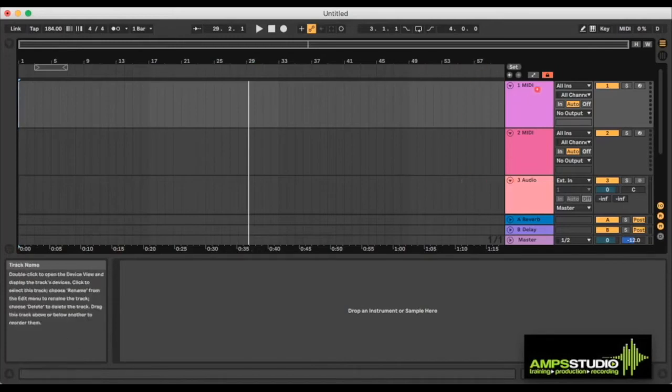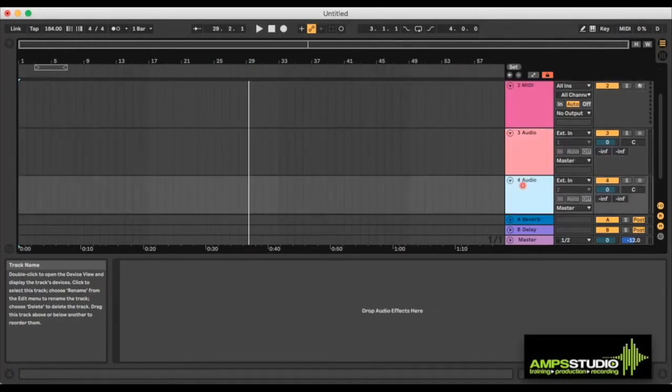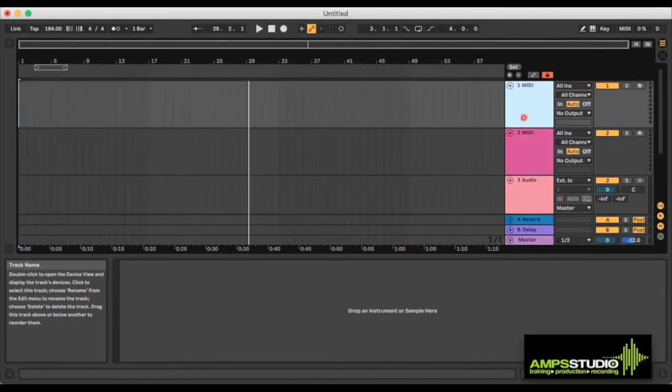open the page. We have MIDI tracks and we have audio tracks. MIDI tracks deal with information such as notes, how many notes are pressed, how hard they're pressed, how long they're held in for, and audio deals with previously recorded sound. So if we have an instrument that we want to perform with, we would insert that virtual instrument onto a MIDI track and play it with a MIDI controller. Or if we have a guitar in the real world, we can connect that in and record the sound that